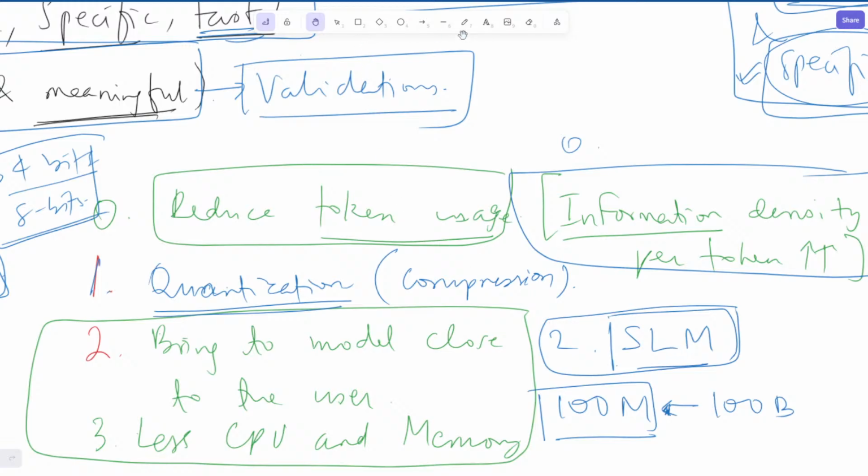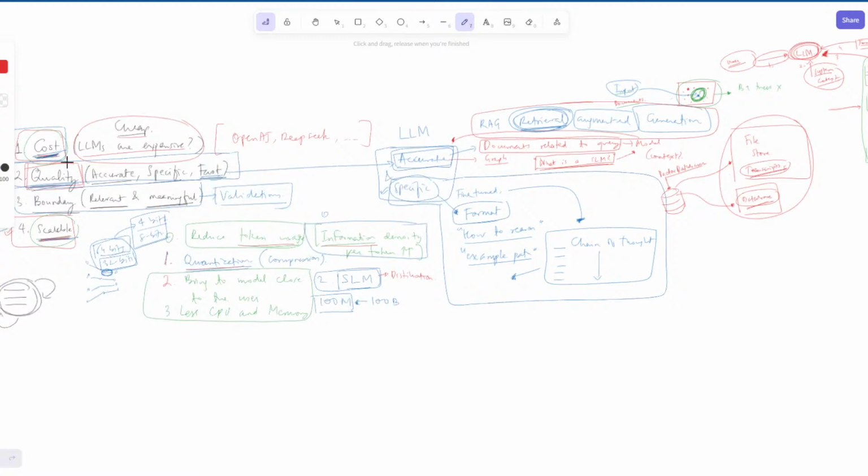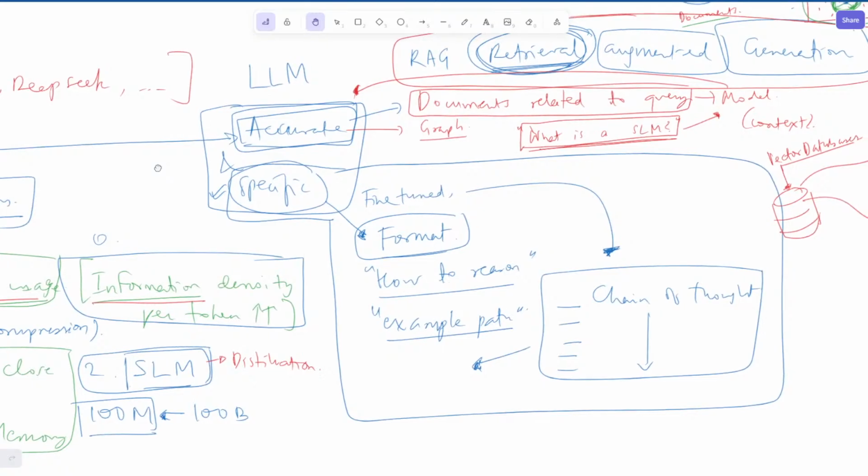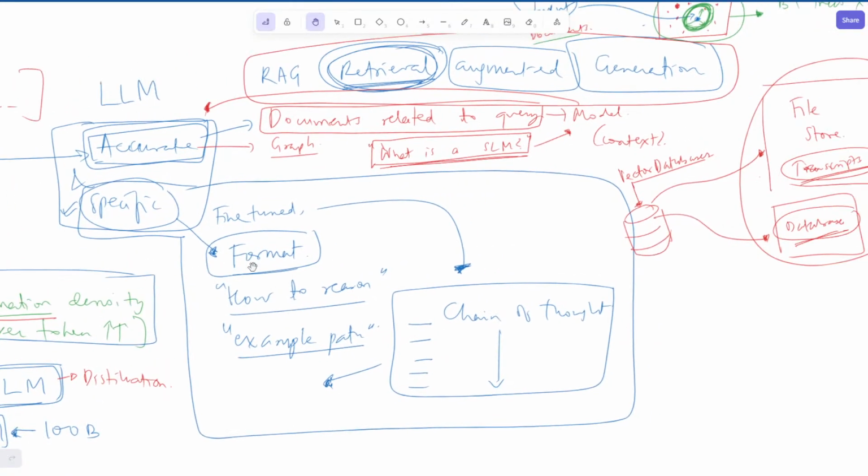So yeah, this is something that we mentioned. Using smaller models, using smaller weights, and reducing the amount of token usage. So information density, increasing that. Then we had quality discussion. We went for specificity first, where we said that if you give the model a particular format, it comes up with a good specific response. It explains things in the way that you ask it to, if you give examples. And also, its reasoning is easier because it goes through things step by step and usually comes up with a sensible final output.